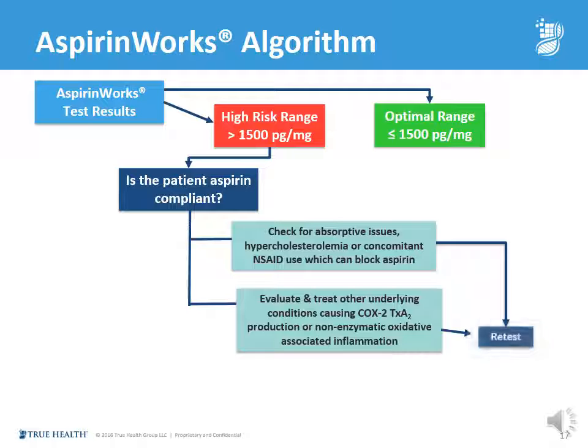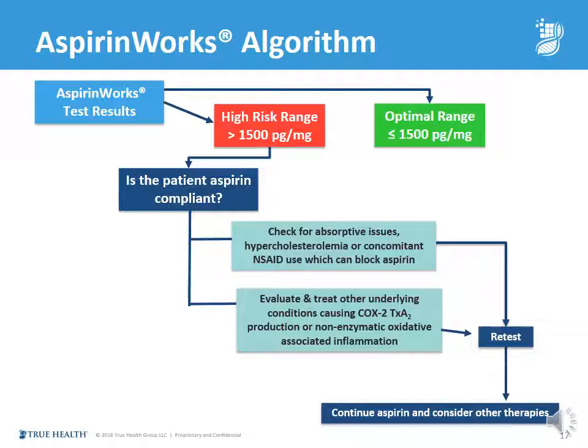Under all of these circumstances, one can ultimately retest the urinary thromboxane B2, especially if you've tried to address the other issues. But remember, even if it persists and you have aspirin on board, the COX-1 pathway is almost certainly inhibited. So chasing aspirin any further is unlikely to result in additional efficacy. So continue the aspirin. You understand the COX-1 pathway has been taken out, and then evaluate the other pathways and see what you can do